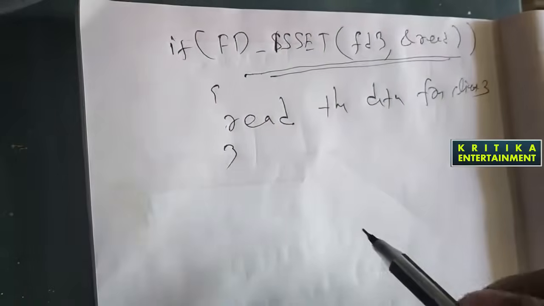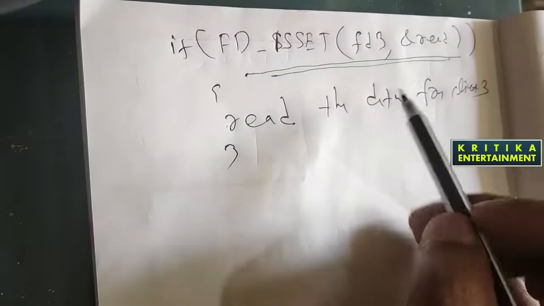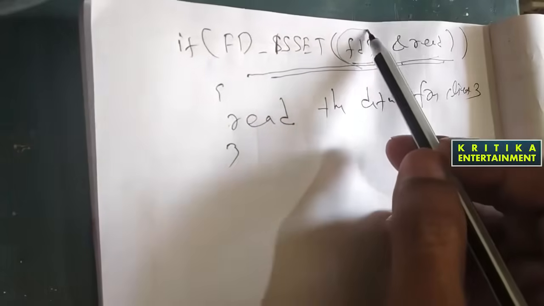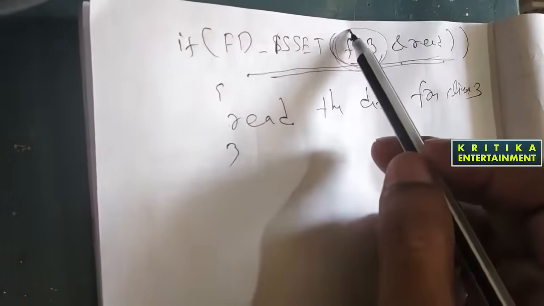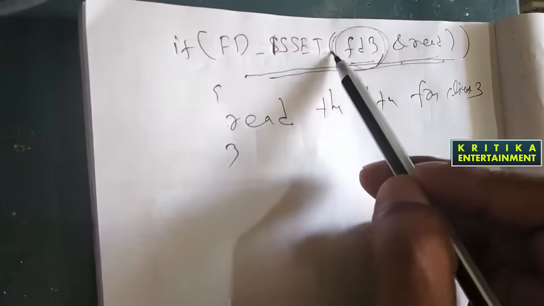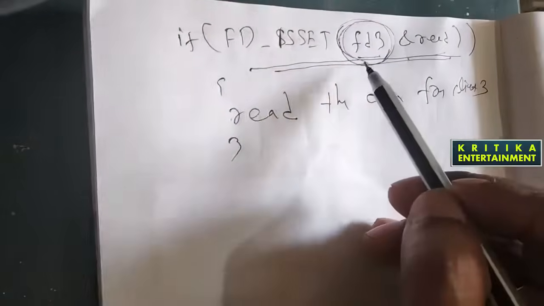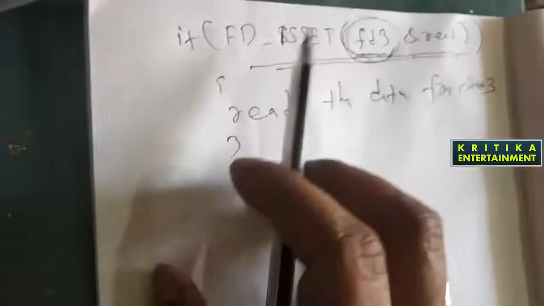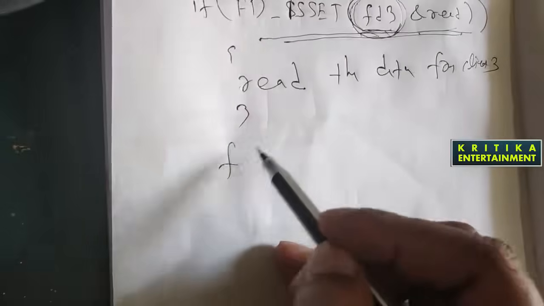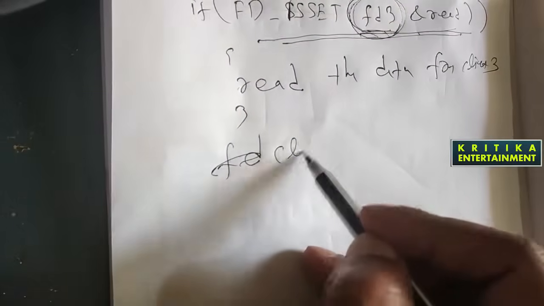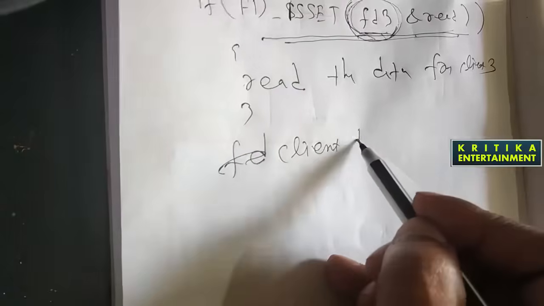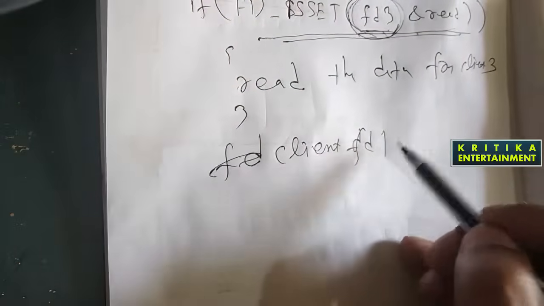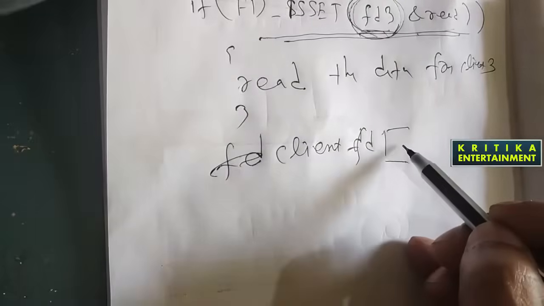Okay, we will check FD3 and FD4 individually. If a number of FDs are used, I don't know how many clients are connected to the server. So in this case, what will we do? I will declare this as what? An array of type FD. What will I write here? Client FD. I will declare client FD, then the array value.